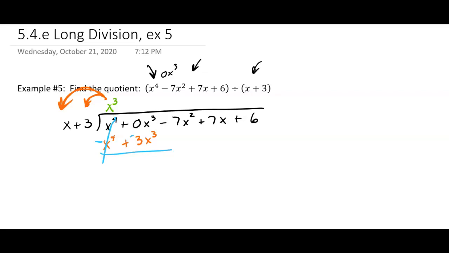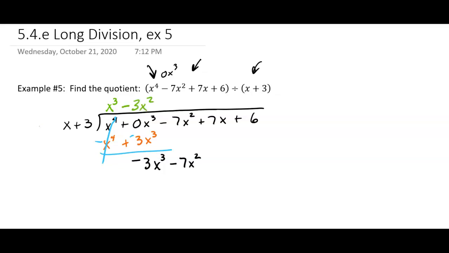That's supposed to happen. And now I'm going to get a negative 3, well, shoot. I was going to do it all color coordinated. Negative 3x cubed. I bring down the next term, negative 7x squared. Okay, and then I'm going to start the whole process over. I'm going to get rid of those arrows because they'll be in my way. All right, I start with how many times does x go into negative 3x cubed? Well, this time it's going to be a negative